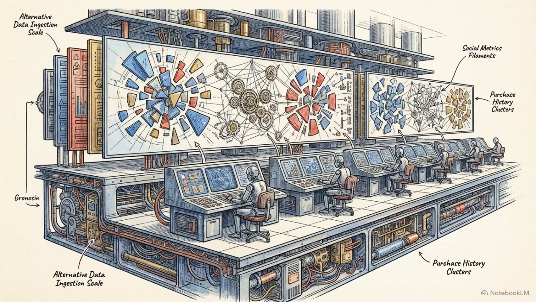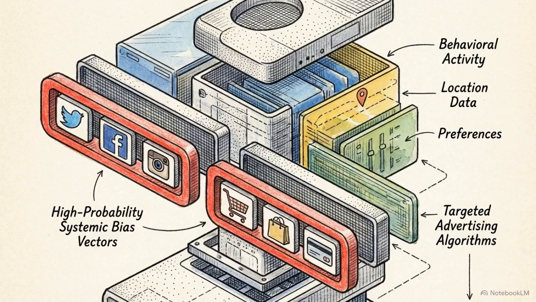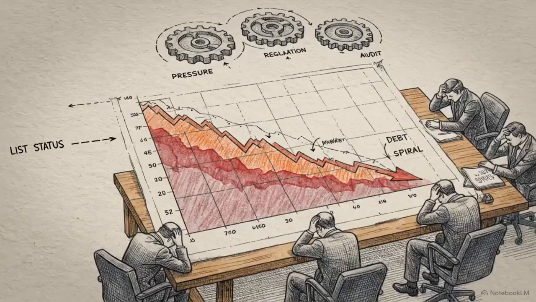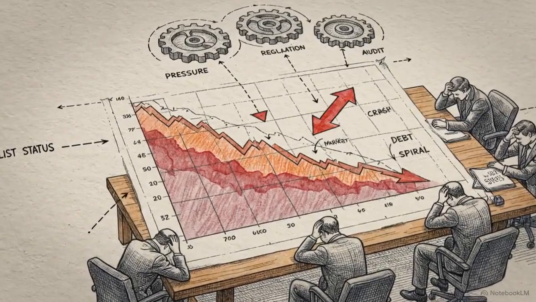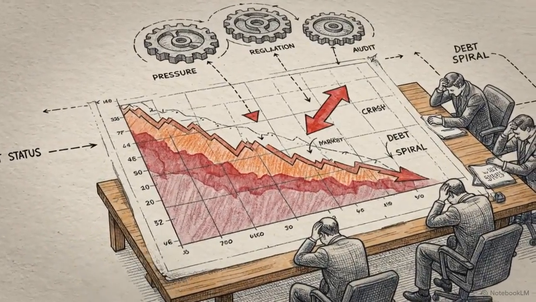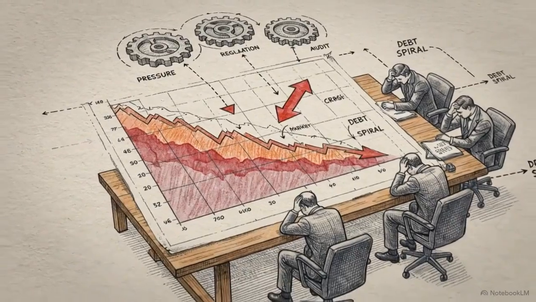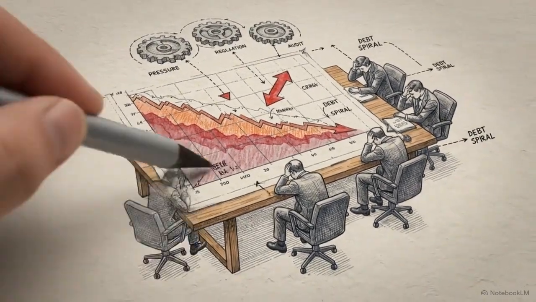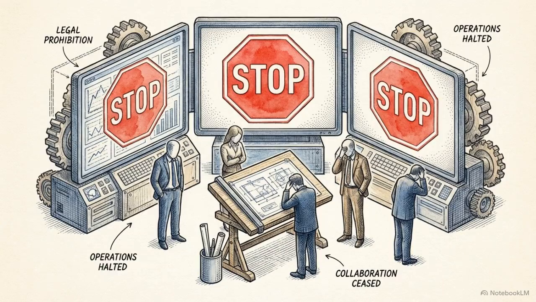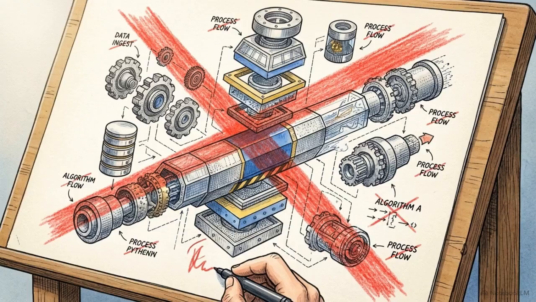The use of social media and browsing habits further complicates the risk profile, as these inputs are high probability vectors for systemic bias and fundamental rights violations. The financial stakes are significant. Fines under the Act are calculated as a percentage of global annual revenue, creating multi-million-dollar liabilities for non-compliant systems. The startup is legally prohibited from launching the product in this streamlined state. The legal classification of the output has invalidated the original design, forcing a complete engineering redesign of the data pipeline.